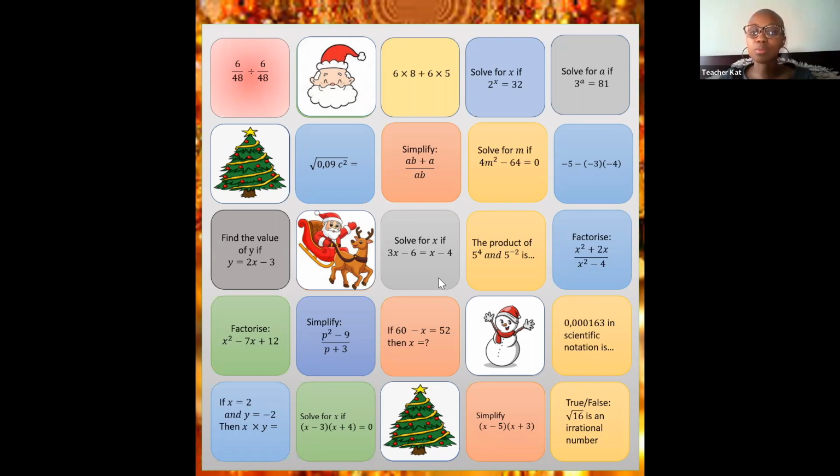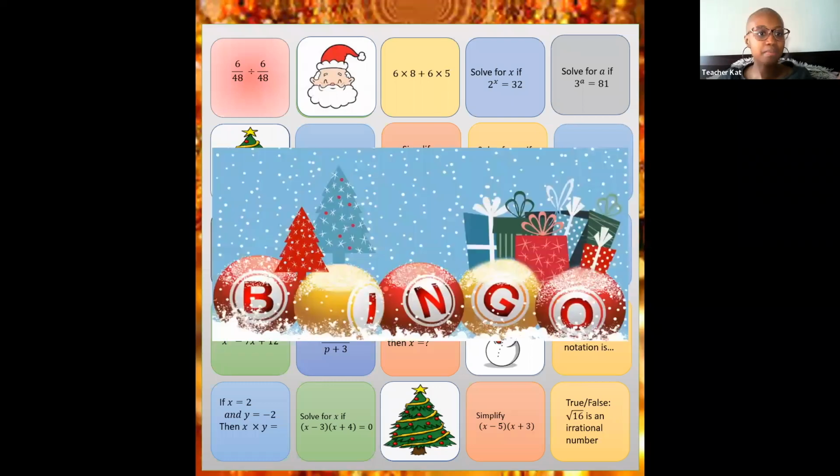So your final answer will be 1,63 multiplied by 10 to the power of, is it negative or positive? Is our exponent negative or positive? Negative, thank you. So the exponent of -4. And that 4 is because we moved it 4 times. Do you guys understand? Are we all good with this one? Yes. I love the energy, Kimura. Funzo says yes. And that is bingo. So that concludes our class for today.